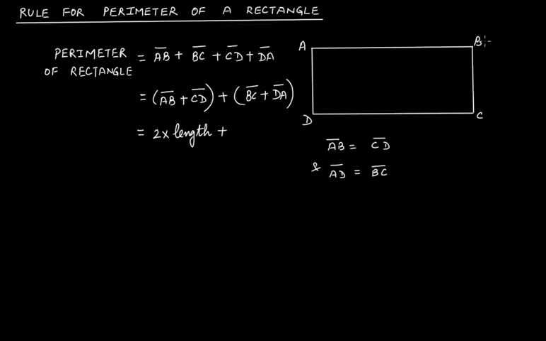Breadth, and both the breadths are always equal, so 2 times breadth, or we can say that, or 2 times, because 2 is common here, and this can be written as 2 times length plus breadth, and length plus breadth has to be within this